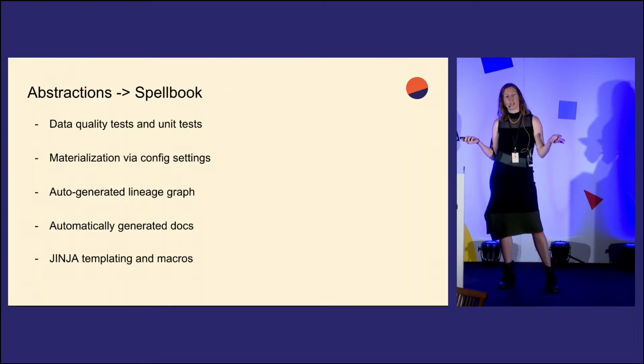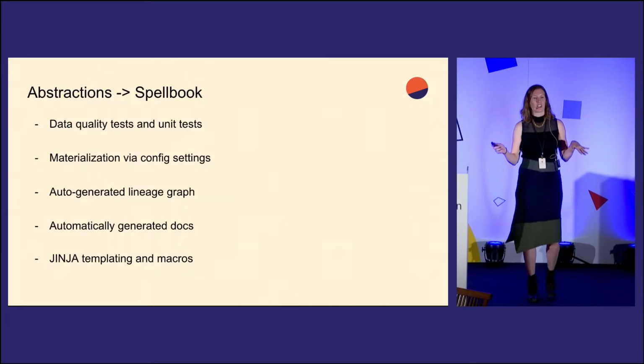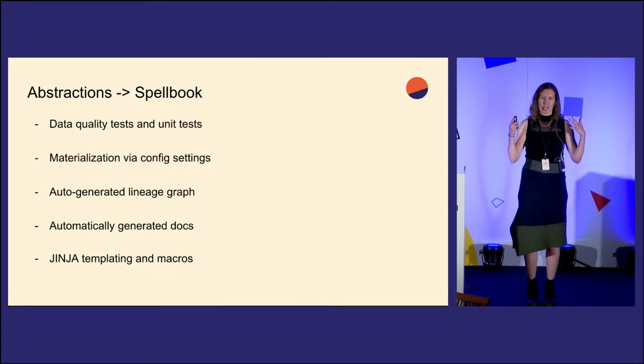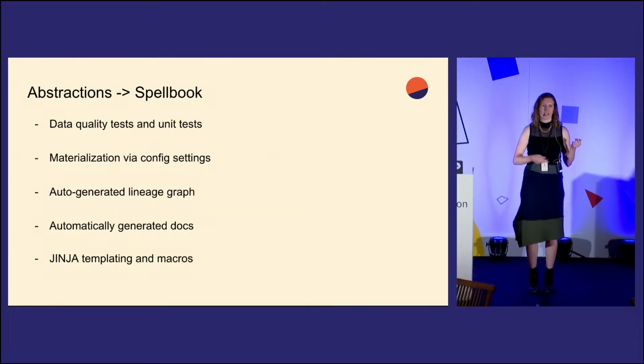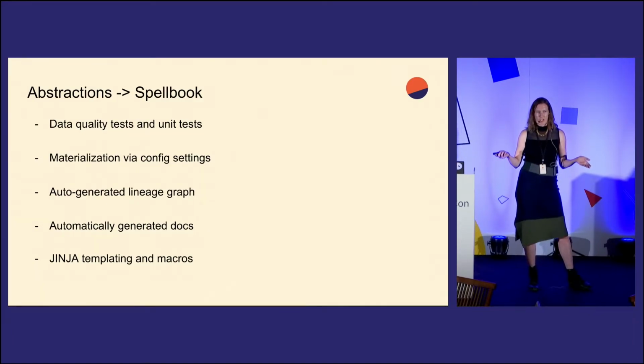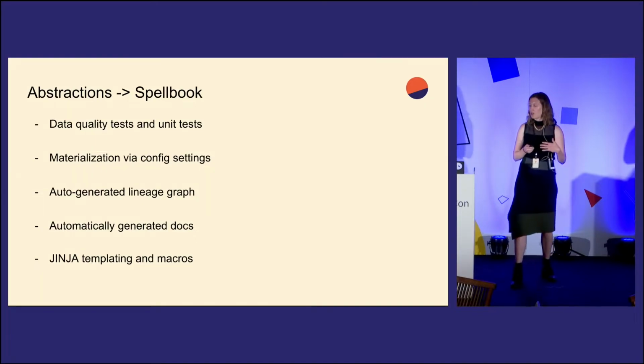We also have auto-generated lineage or dependency graphs, which maybe wasn't so clear on the other wizard side, but it was a big headache for us on V1 because we had these complicated mind maps of the order that we had to deploy things in, and now that's all managed automatically for us by DBT. We also have automatically generated documentation. I'm sure if you've been writing code for any amount of time, you've written an errant comment in a file knowing that it was incredibly important, but no one was going to see it because it was trapped in a comment statement. That can now be written into the documentation that can be rendered in some fairly beautiful UI as close as possible to the code itself.